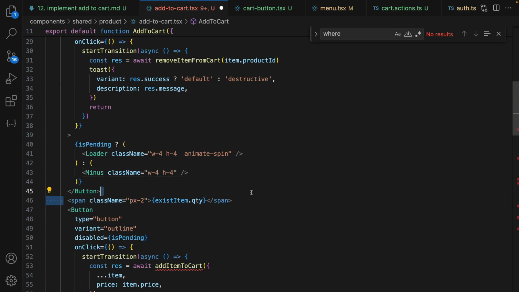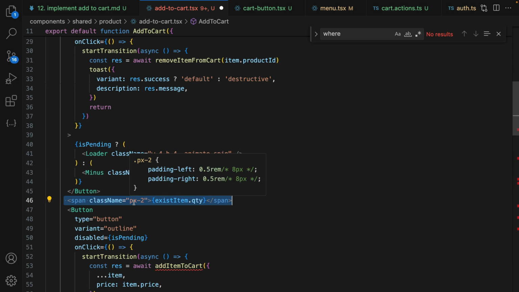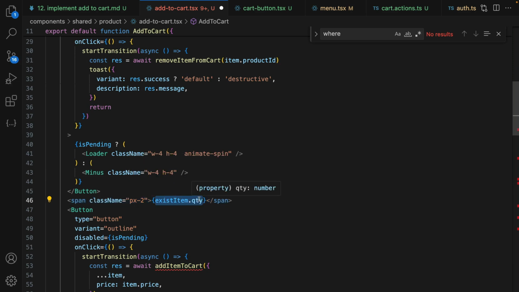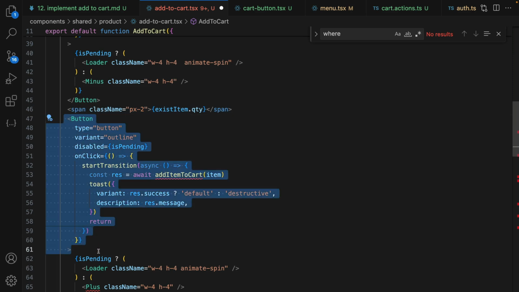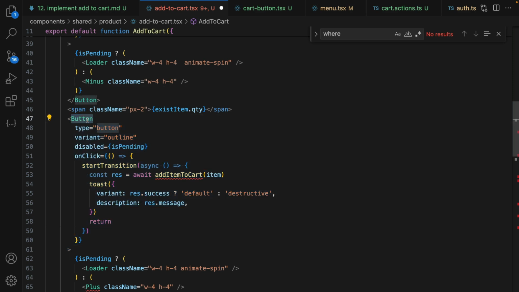Then render a span, create horizontal padding, and display the current quantity, the quantity of this item in the cart. After this, it's time to render the plus button to add an item to the cart. Here we render a button, set variant outline, disable is pending, and for onClick, use start transition and call addItemToCart, import it from cart action,